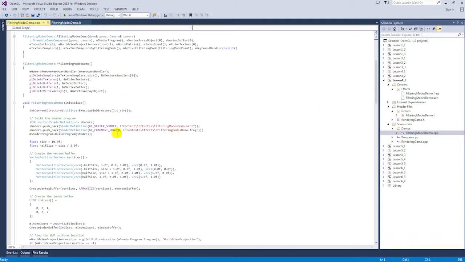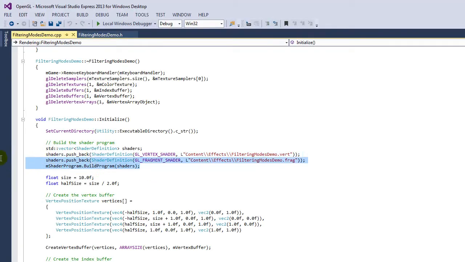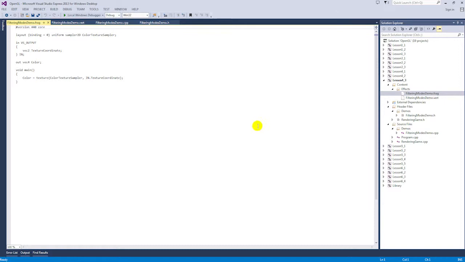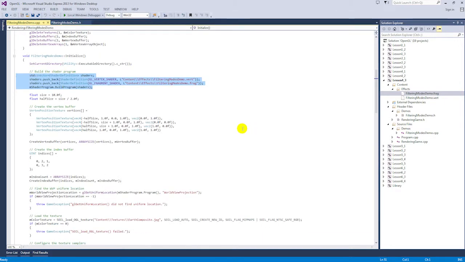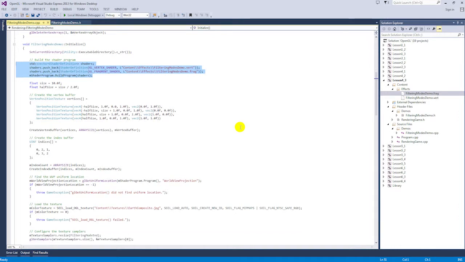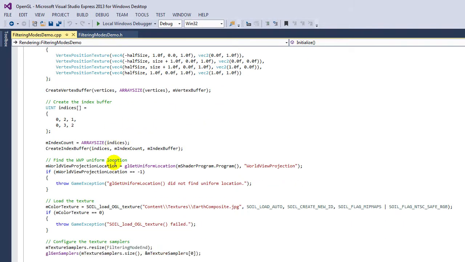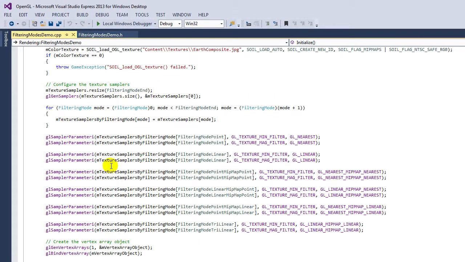So inside of the initialize method, we're going to load our filtering modes, vertex and fragment shaders. And again, these are identical to the previous two vertex and fragment shader demos. The difference then, of course, is that we're specifying a different set of samplers that go into the fragment shader. It's the same creation of the vertex and index buffers, but this time around, we're going to call glGenSamplers to create our texture